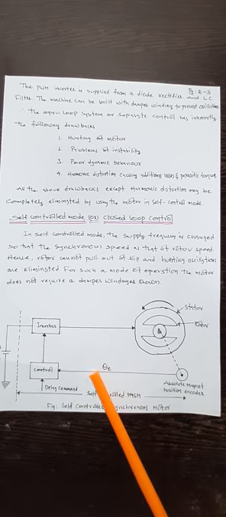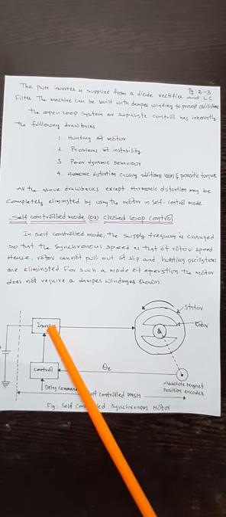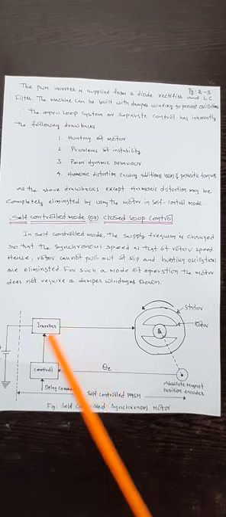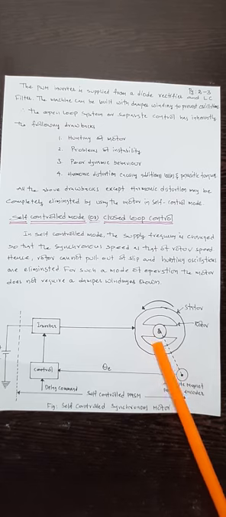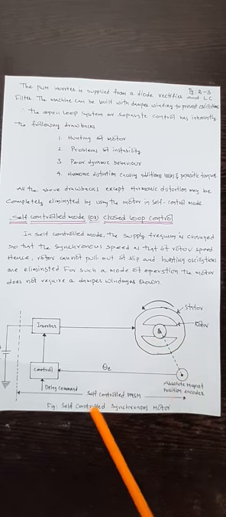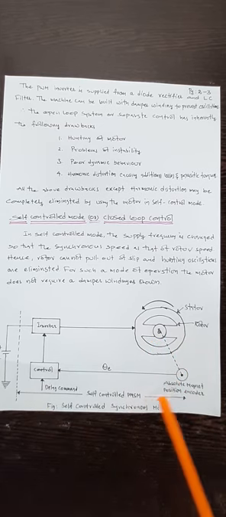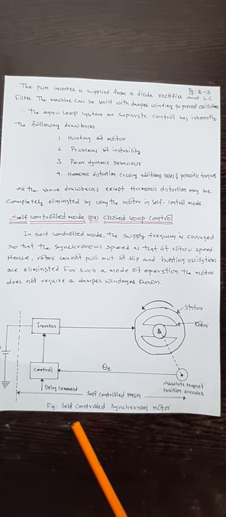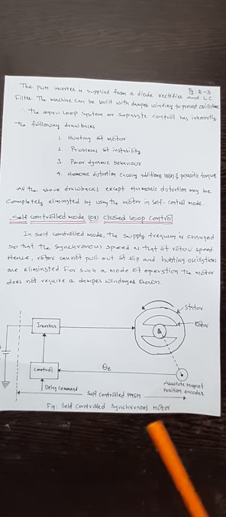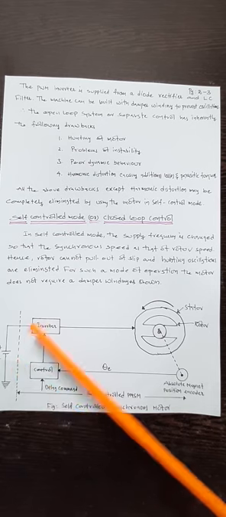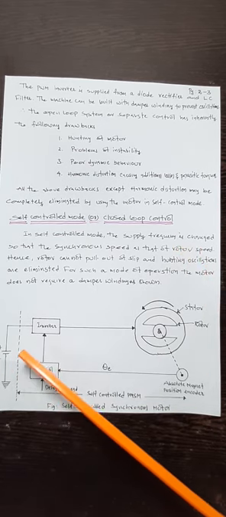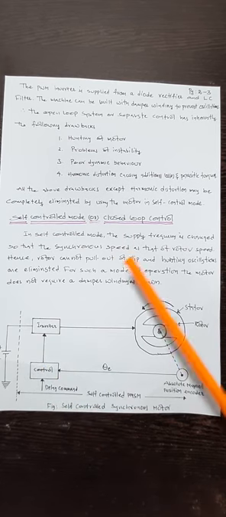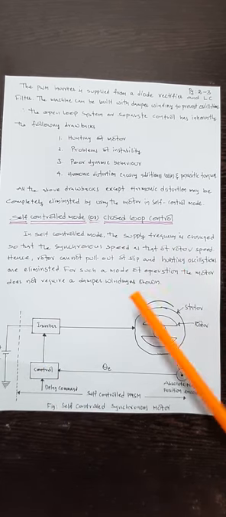Once this is rectified, the inverter output is automatically changed. Immediately the speed of the stator is changed to track the rotor speed. This is the self-control PMSM, permanent magnet synchronous motor. In self-control mode, the supply frequency is changed so that the synchronous speed is the same as the rotor speed.